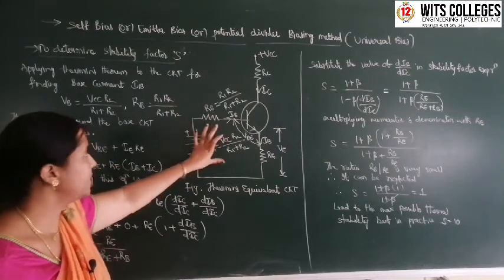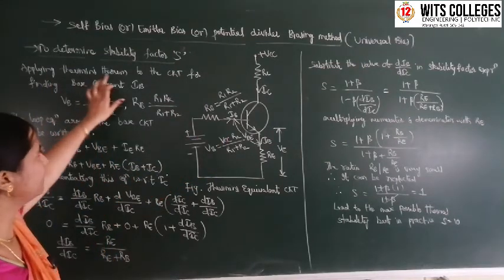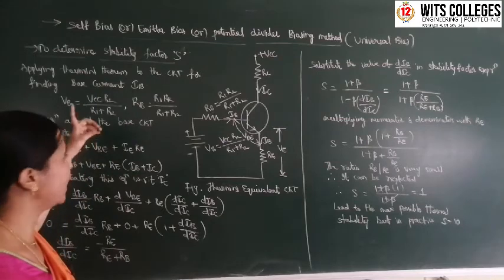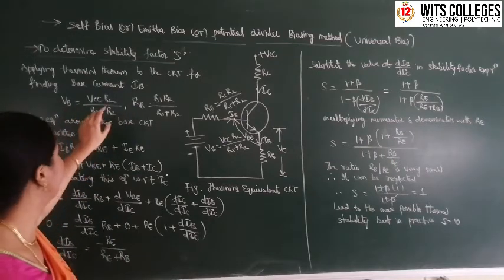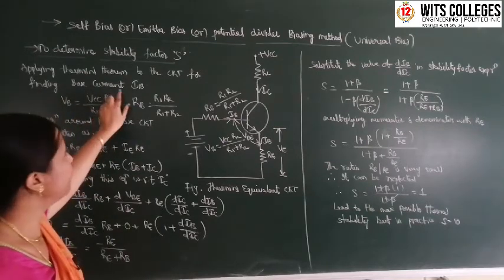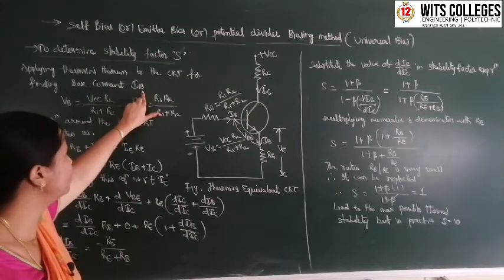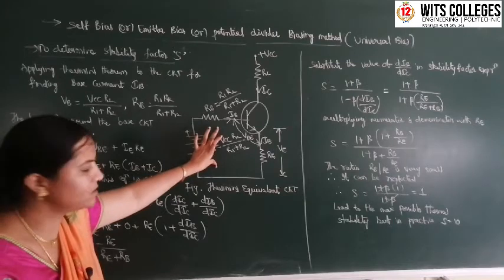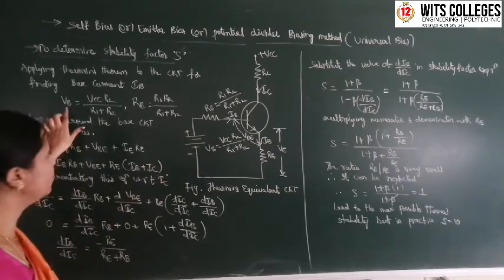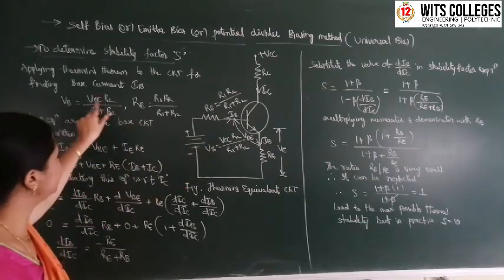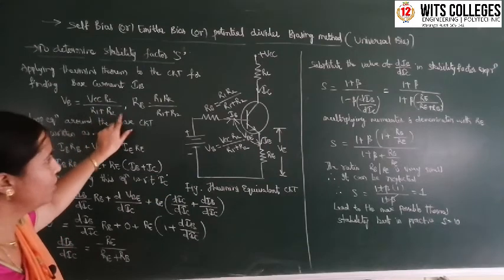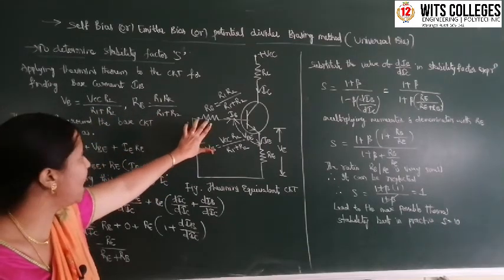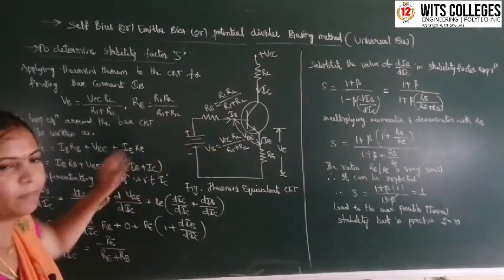The first diagram is nothing but potential divider biasing. To find the base current IB, we take the Thevenin's equivalent circuit, where VB equals VCC R2 by R1 plus R2,